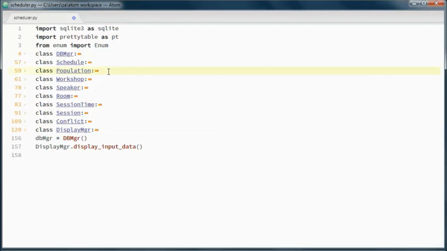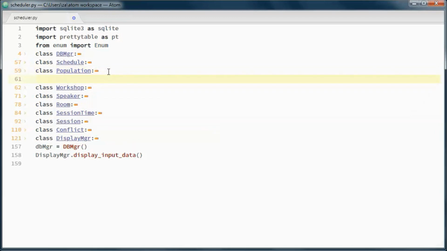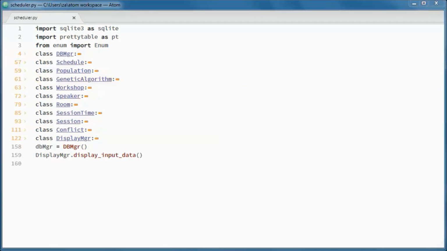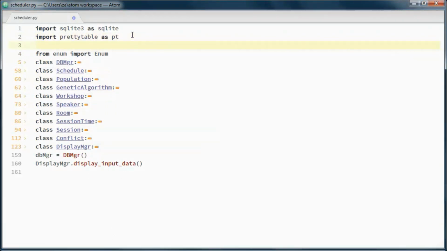And this will contain the genetic algorithm logic. So crossover, mutation, and elitism. And we will need to import this.